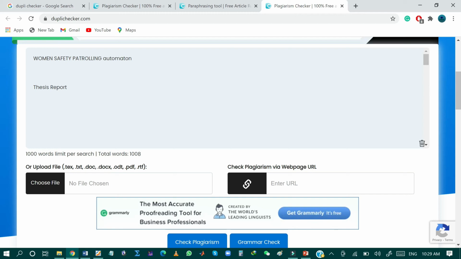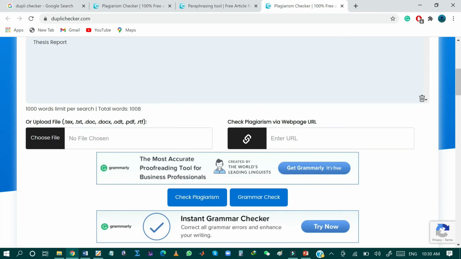However, it is important to note that we cannot fully rely on this automatic rewriting tool. We need to revise our document for spelling mistakes, for typos, as well as for coherence between the word and the meaning of the word. So it is not 100% guaranteed that the rewritten document has the same meaning and the same phrases as your original document. Hence, now I can check the plagiarism of my rewritten document.